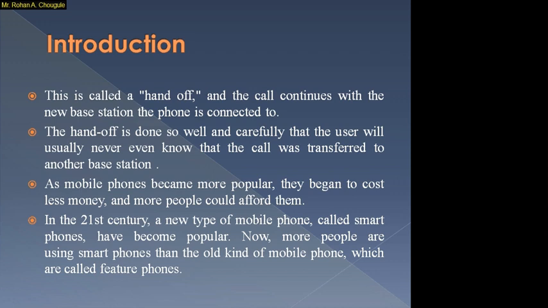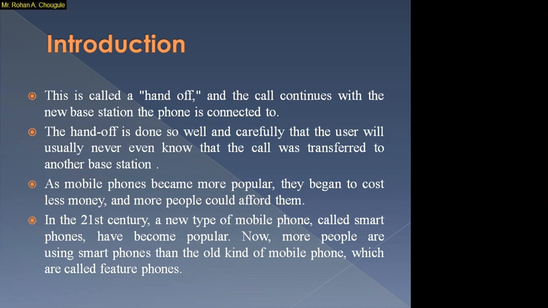We can also easily send videos and photographs to another person with the help of these smartphones. Also, these smartphones have different functions: we can set an alarm, and we can use a calculator. We can also browse the internet with the help of mobile phones. Initially, the internet was browsed with the help of computers, but nowadays we can browse the internet with the help of